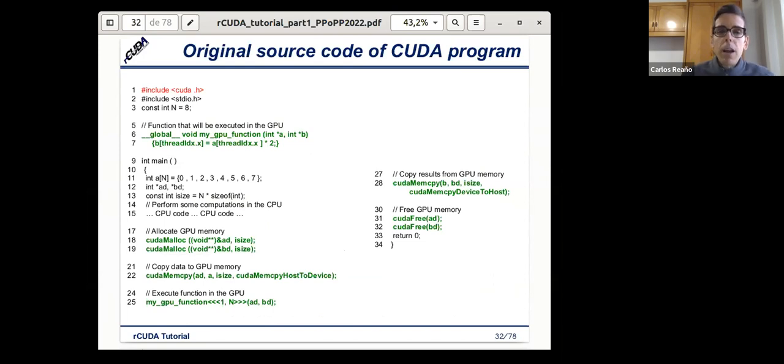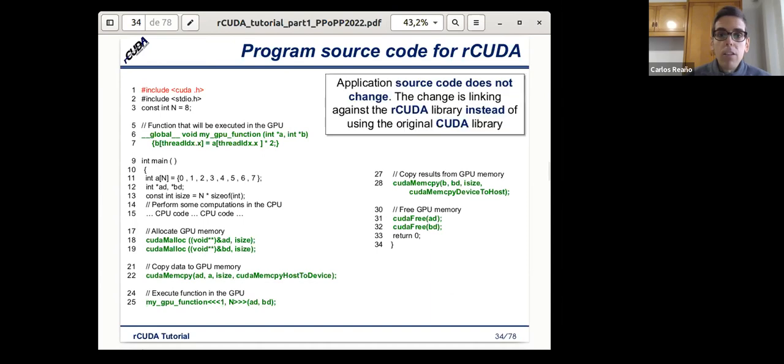So if you remember, I showed you at the beginning some code for running a CUDA program. This was the code that we needed to use when we were using CUDA. When we want to use rCUDA, the program is actually the same. So we don't need to change anything.